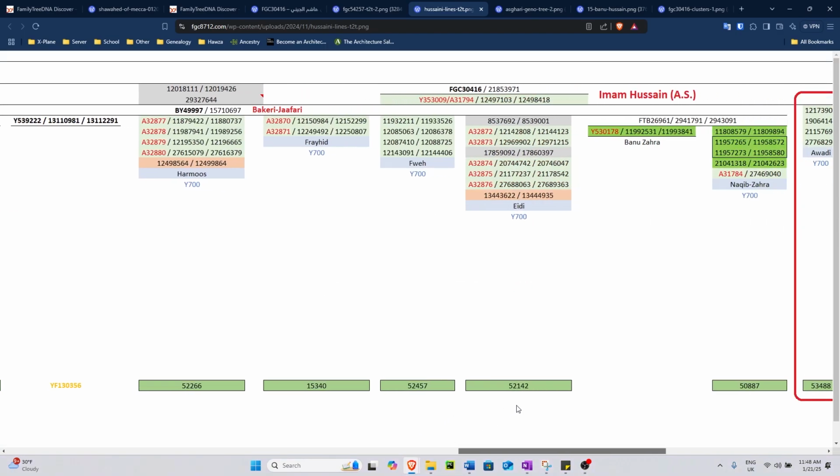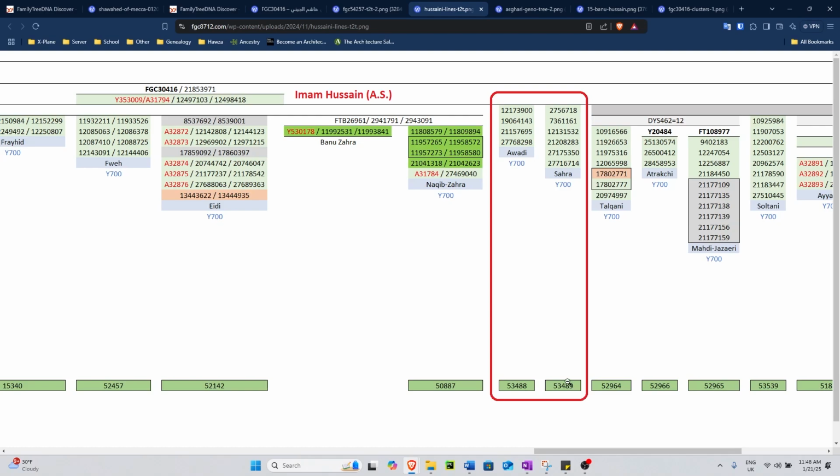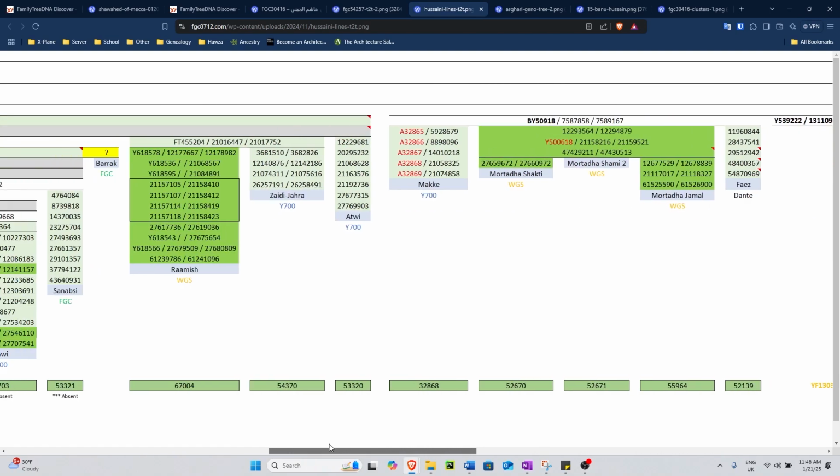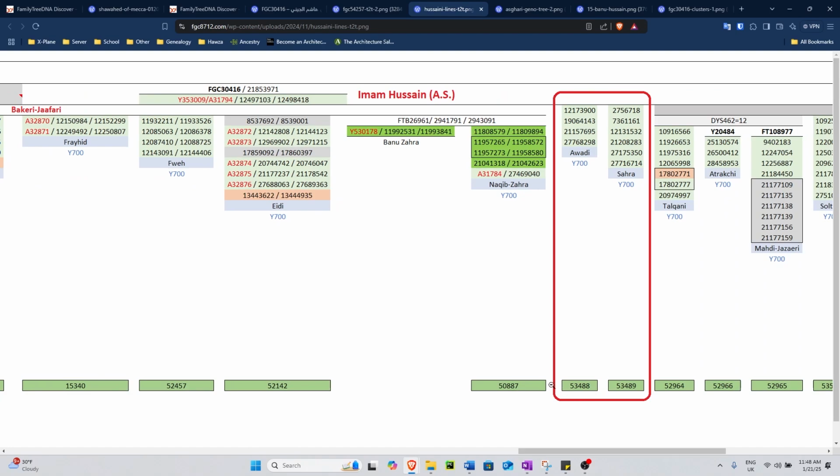And although it is not true T2T, which we have, it's more of a simulated version, but it allows us to discover mutations which we previously were not able to due to limits in computing. So with these new genetic discoveries, the tree of the Banu Hashim on J-L859 has been improved, such as these mutations discovered here. And if necessary, we can discuss all of them in a separate video, but it makes clearer things such as the Imam Hasan mutation, which brought down the number of descendancy lines of Imam Ali on FGC 10500 from 8 back to 5.